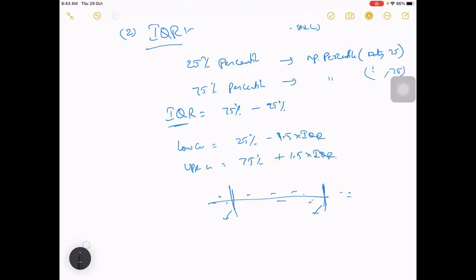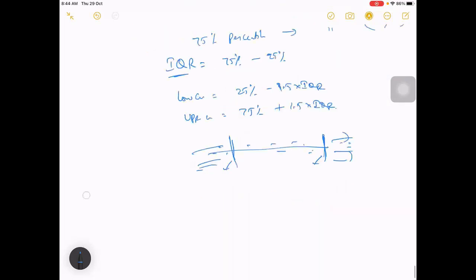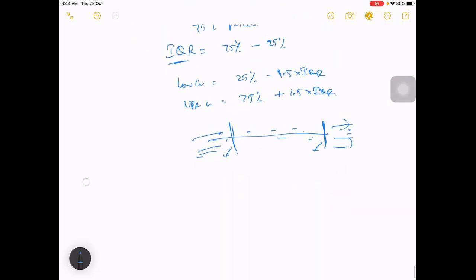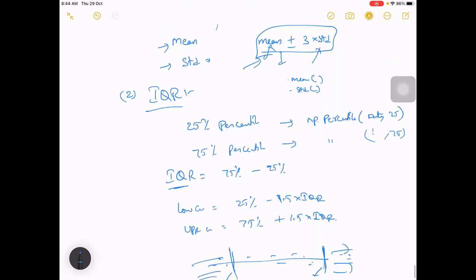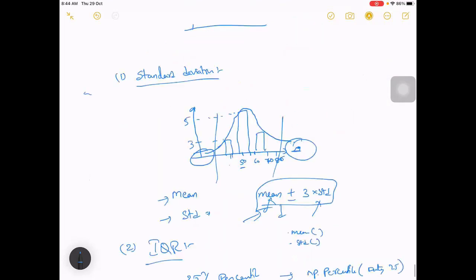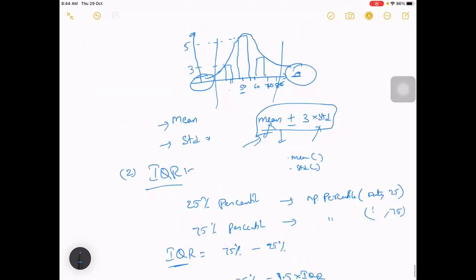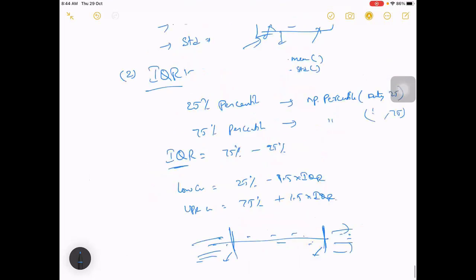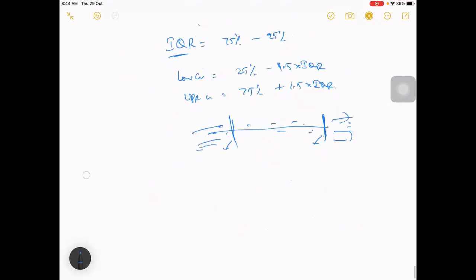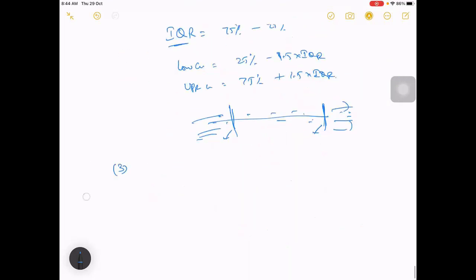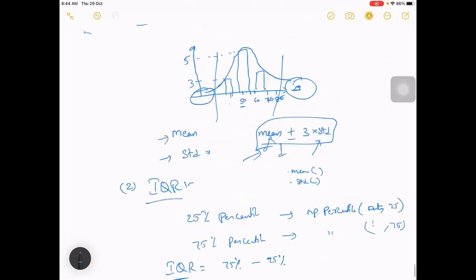So out of these lines, if any data has come, that data we can call an outlier. This is one more method. Apart from these basic statistical methods which we can use, I think these were already discussed during earlier sessions. Apart from this, there are also machine learning models with which you can identify these anomalies. So let's discuss that.